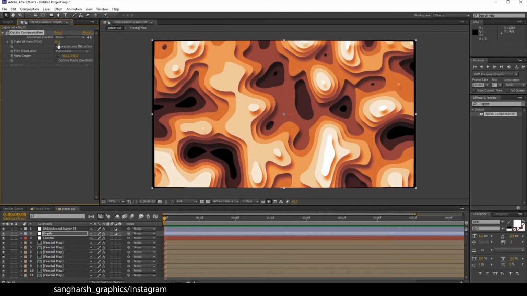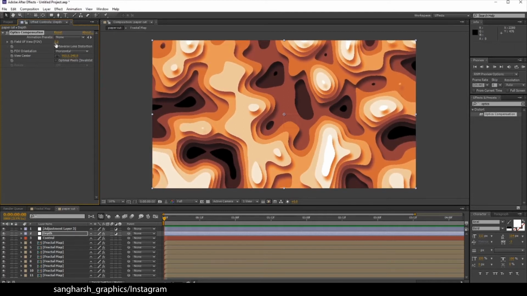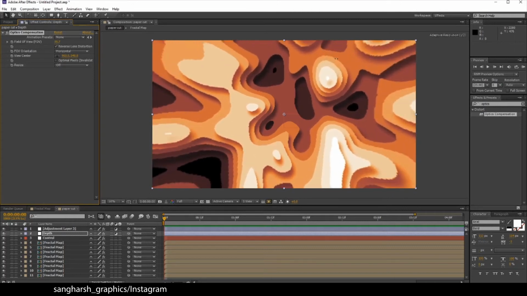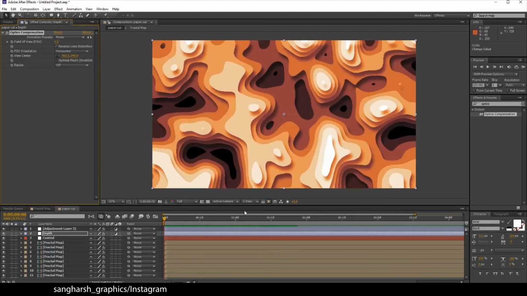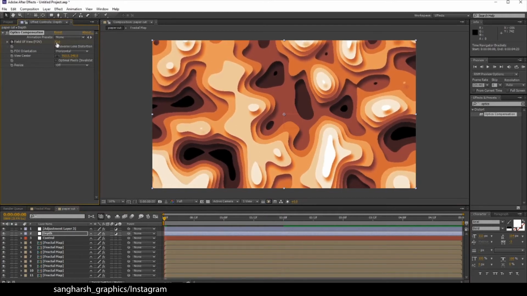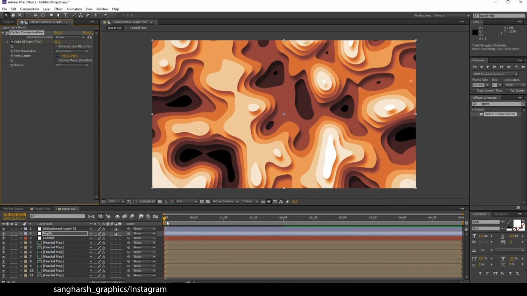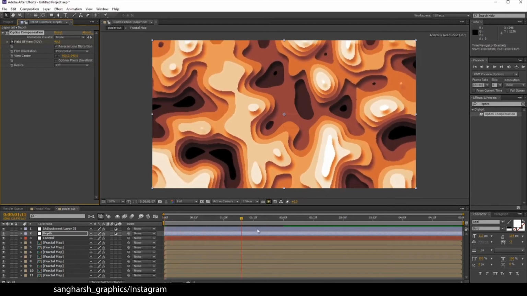As you can see, if we take the value in minus, you can reverse the lens distortion. We have also used optics compensation in our previous video. It will give a zoom effect like this. So go to 2 seconds, add a keyframe to it, go to second 1 and increase the optics compensation to a greater value like 40 or 50, and now you can see we have this little zoom effect.